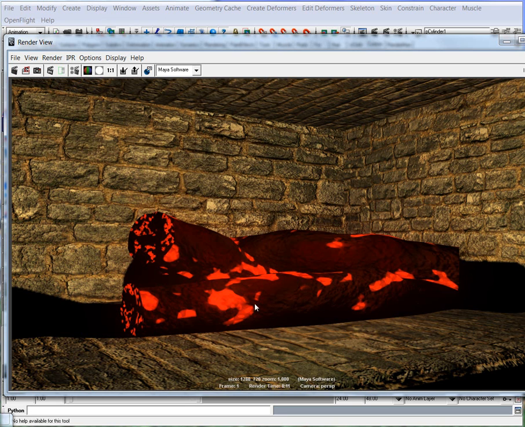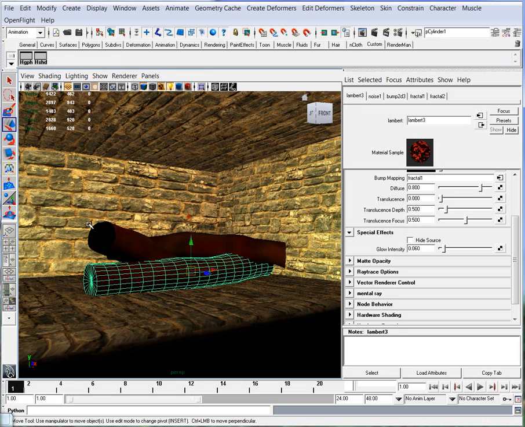And now it starts to look like it's actually glowing. Okay? So, pretty quick, we have a very interesting detailed piece of lumber using something just taken right out of